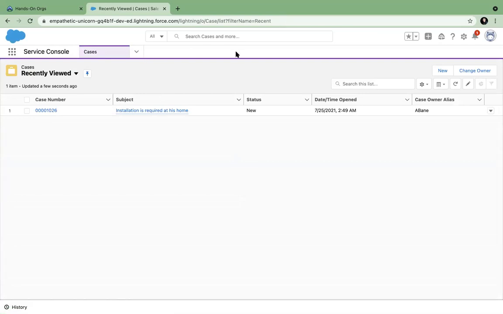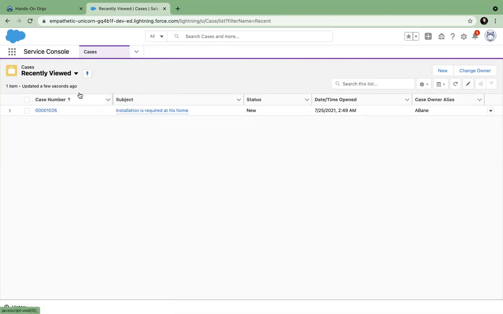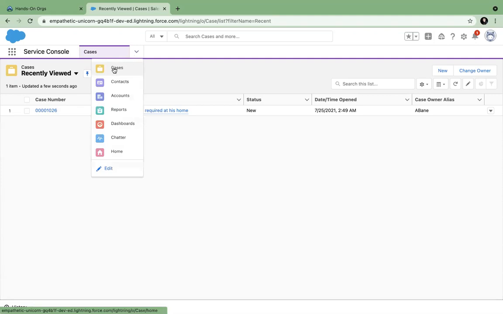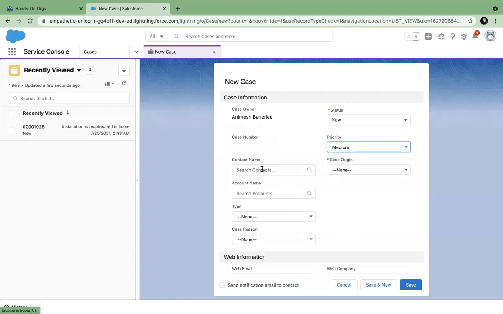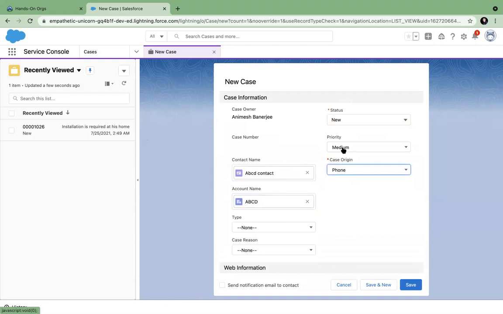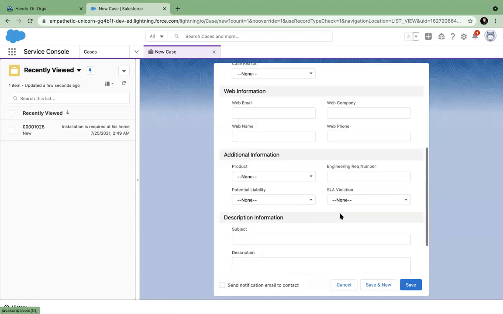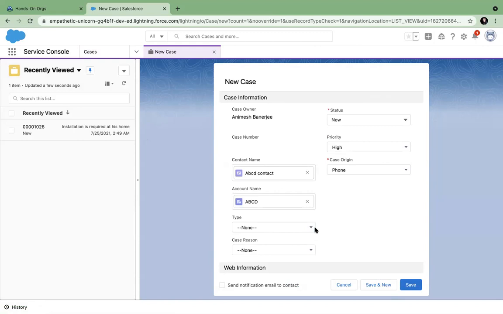So this is a different view of Salesforce. Here there is no tabular view. The tab is there, but the tab is different. Here the tabs are in this format. So what happens is that here you get to work on everything at one place. So you can create a new case. Similarly, I will search, maybe the same contact called again. You see how fast this is. And this time the priority is high. Installation is not proper. Maybe after the installation is done, he still has some problem. He again calls you, right?